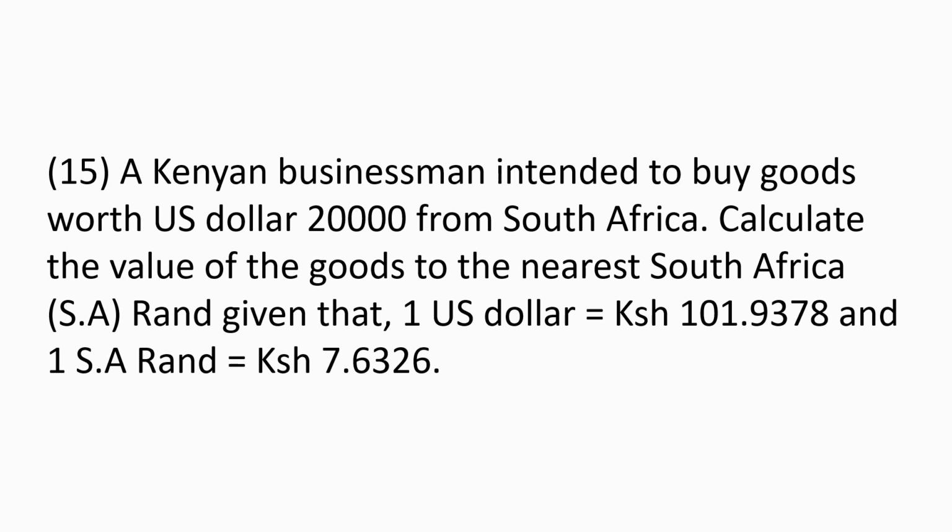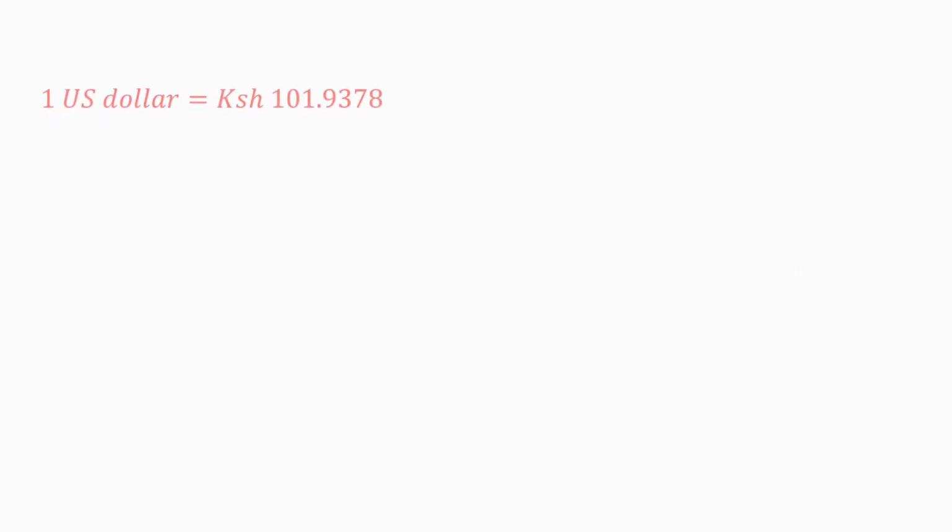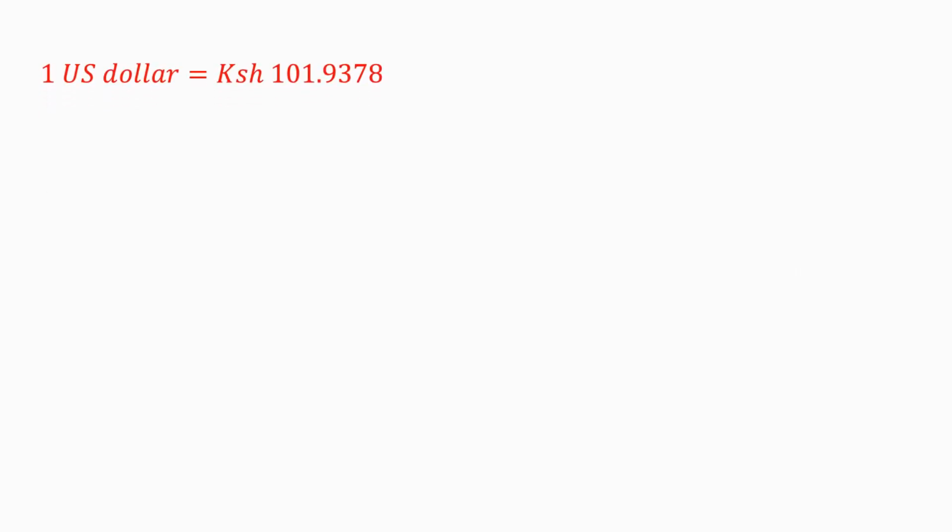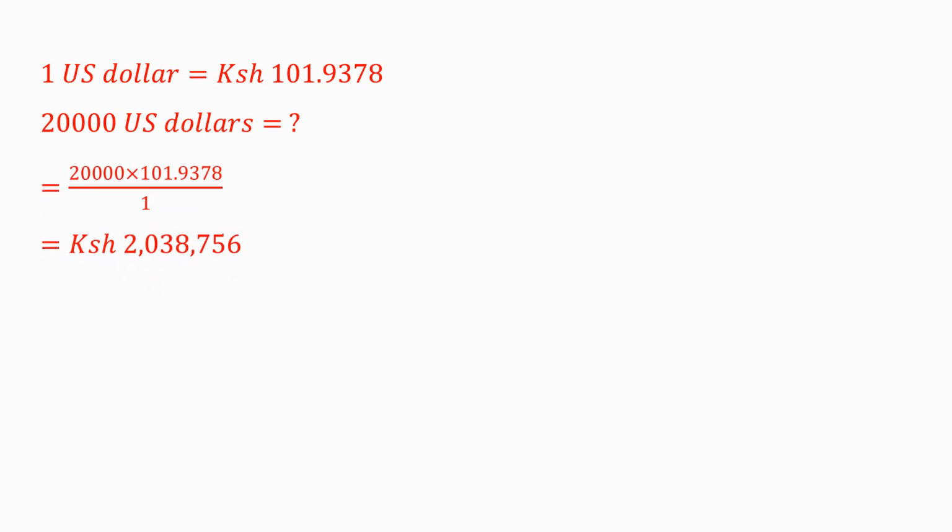So he intends to buy goods worth $20,000. So we have 1 US dollar is equal to 101.9378 Kenya shillings. We need to find the value of the $20,000. So we cross multiply. We have 20,000 times 101.9378 over 1, which is equal to 2,038,756 Kenya shillings. Then we convert this into South African rand, and 1 South African rand is equal to